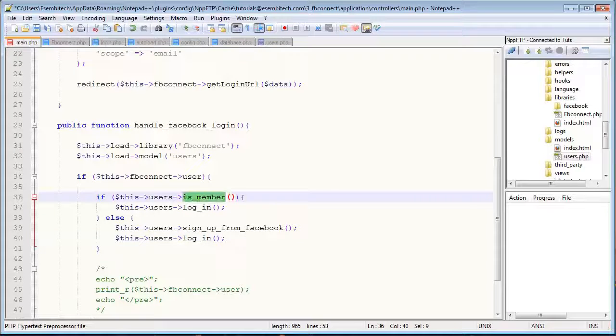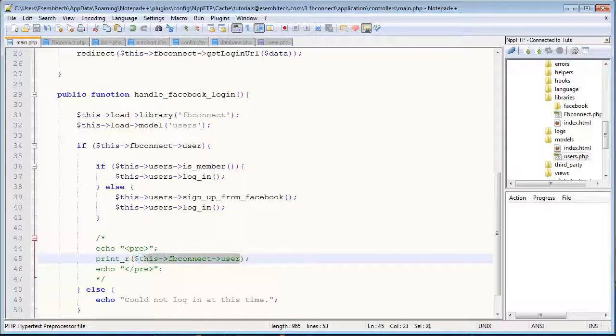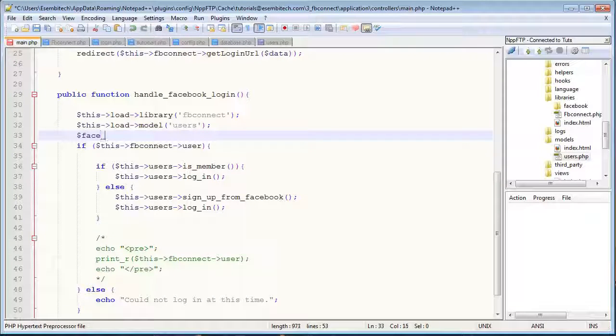Now let's go ahead and write these functions. The first one we'll check is member. Actually, now that I think about it, we should be passing in the array that contains all of their data to the isMember and the sign up from Facebook, as well as the login. So first thing I'll do, instead of referencing this Facebook user, is I'll just create another variable and call it FB or Facebook underscore user is equal to this